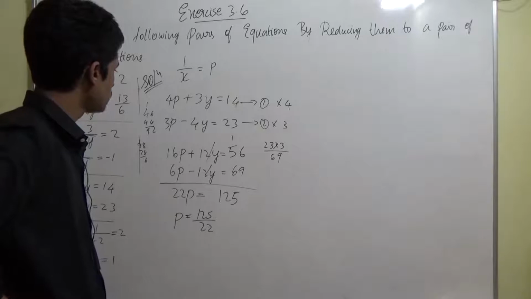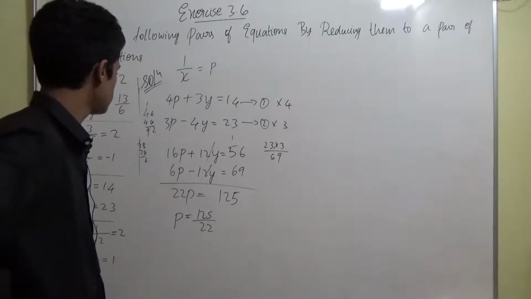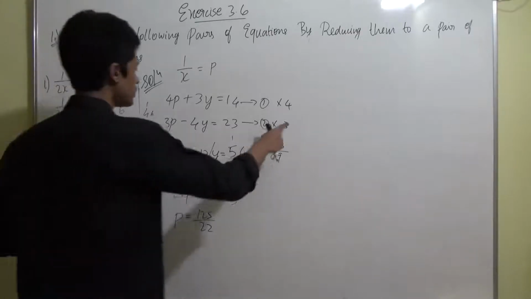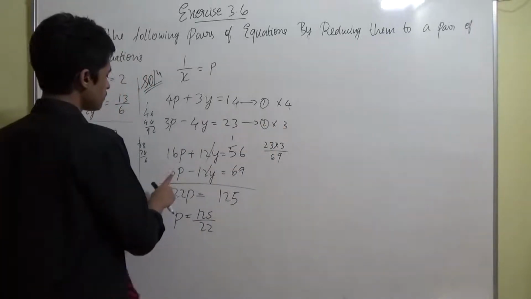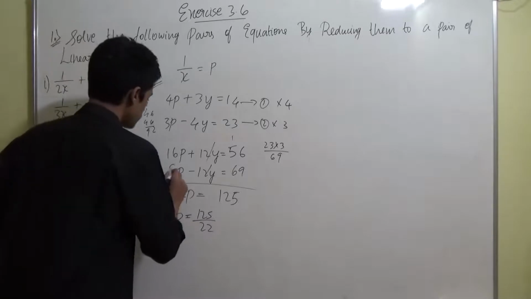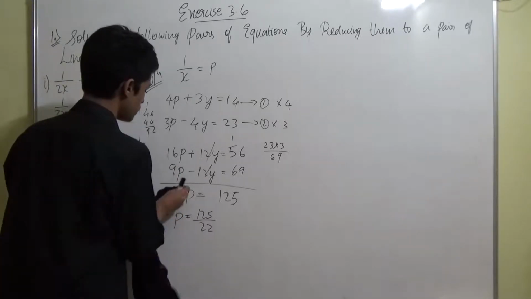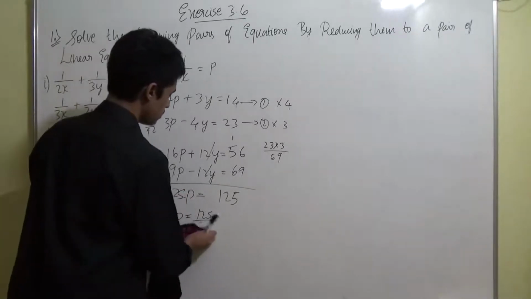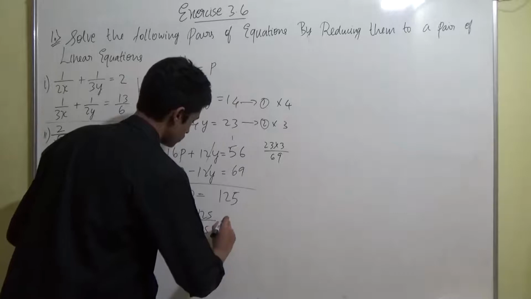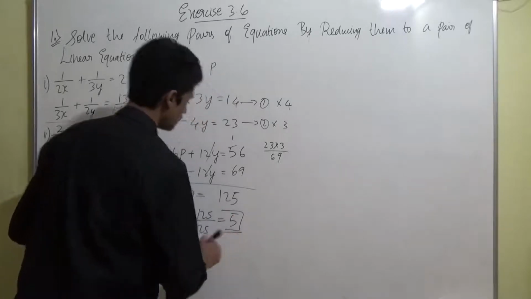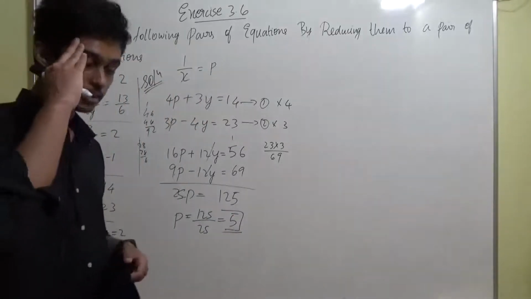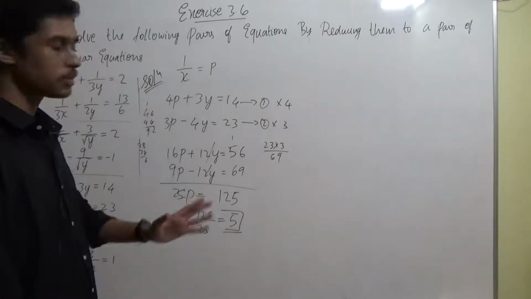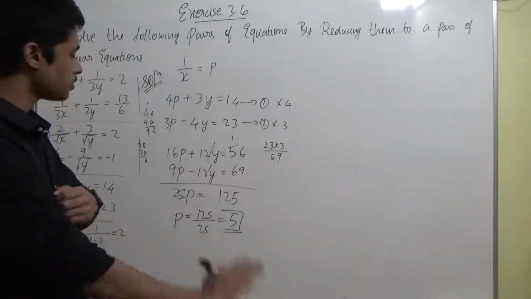Equal to 6p. Oh, again one more mistake I've done, guys. Sorry, this is into 3, right? That time it will become 9p. That's what I was seeing, why it's not getting reduced. This will become 25p, and here it will become by 25, which means p will become equal to 5. Getting it? Sorry guys, I'm not able to concentrate today. Some mistakes are happening. Now it's correct, I'm pretty sure. So p equal to 5.